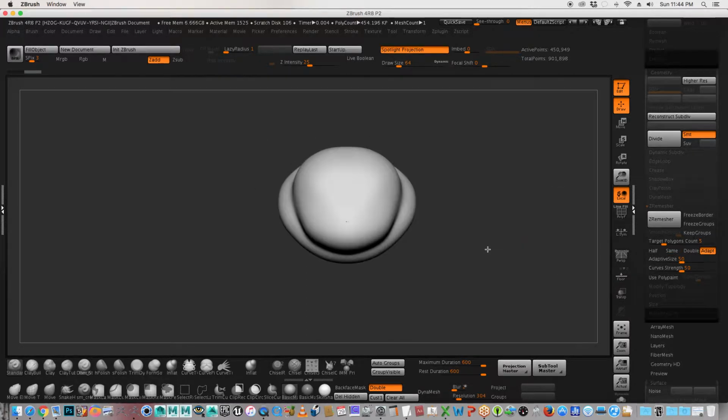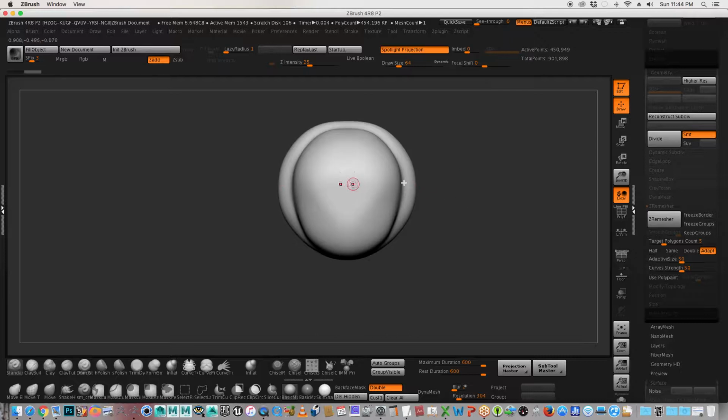Since this is a symmetrical piece of geometry, I'm going to make sure my symmetry is turned on before I run the Z-Remesher. If you don't have your symmetry on and you have a symmetrical piece of geometry, the results you'll get will be a little bit skewed. There won't be a center line. It'll be a little bit asymmetrical, if you will. So with my symmetry turned on, poly count set to 5, adaptive turned on,